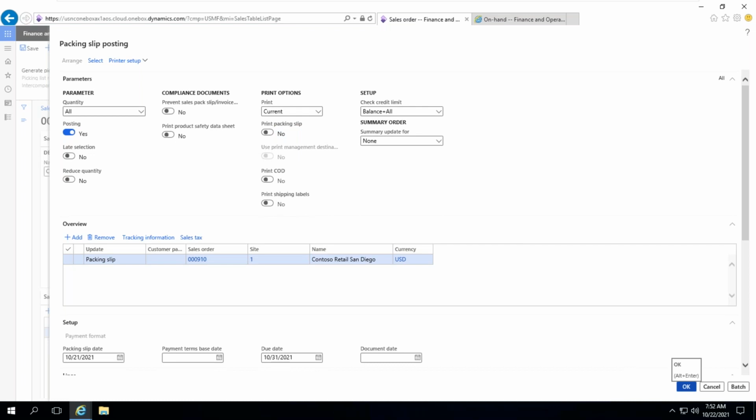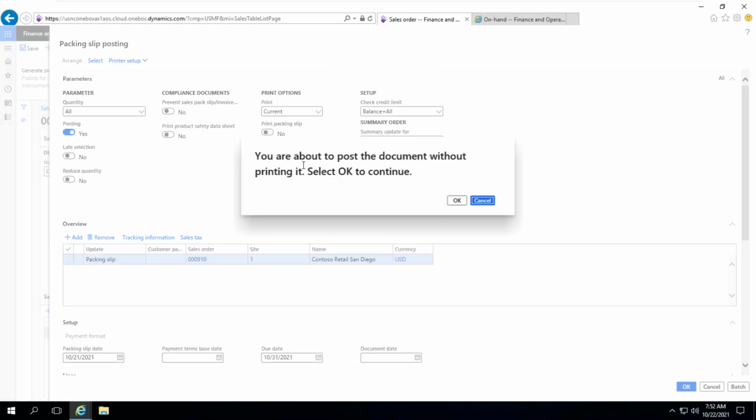Then there is a warning message that you are not taking a printout. Okay, no problem, it is just information. Without printing, you are proceeding. Yes, that is fine. I can click OK. You are about to post a document without printing it. Select OK to continue. Yes.